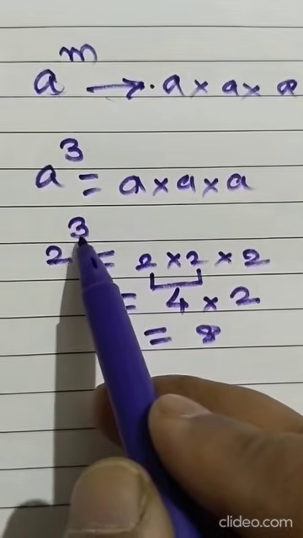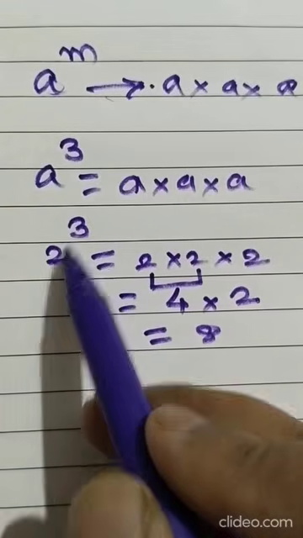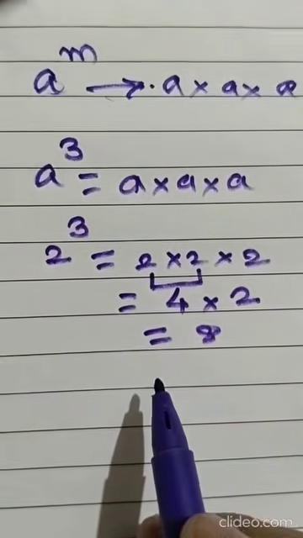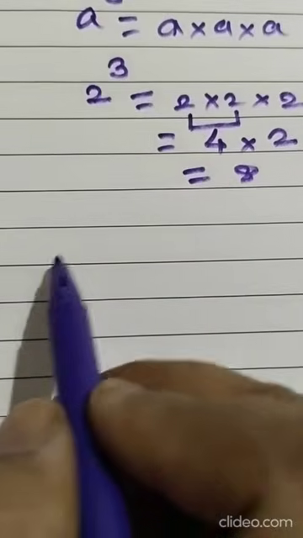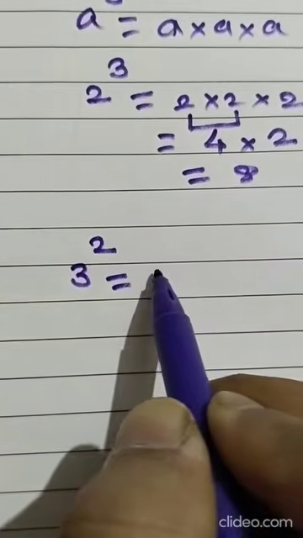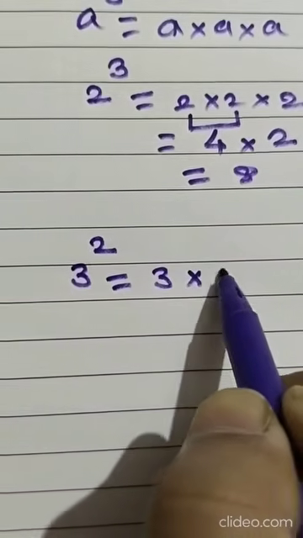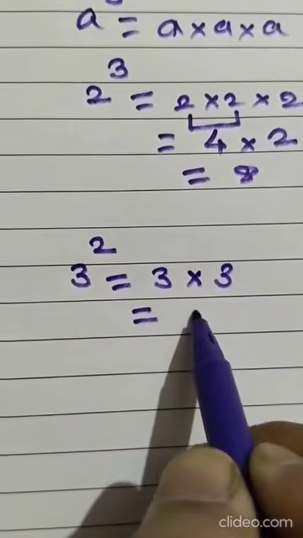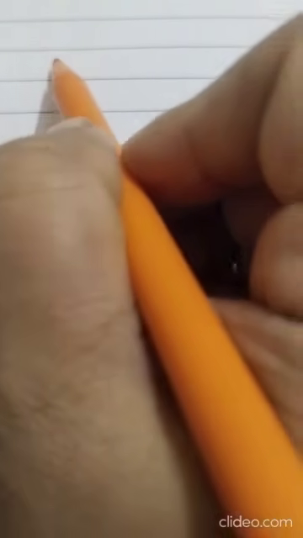A third power is named as cubed. Second power is named as squared. So, for example, 3 raised to 2 is 3 squared, which is 3 multiplied by 3, which gives us 9. So in today's video, we are going to discuss the law of exponents that reads